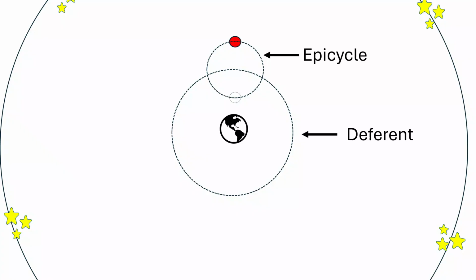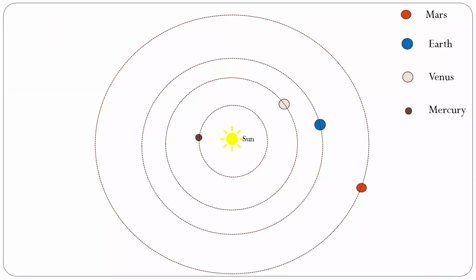Ptolemy represented the motion of each planet with an epicycle and a deferent. He was able to calculate how big each planet's epicycle was compared to its deferent, but not how the size of each planet's deferent compared to the others. Copernicus reasoned that for the planets outside the Earth's orbit, the deferents were just showing the motion of the planets around the Sun. The epicycles, which bring the planet closer to us and farther away, are really just accounting for the orbit of the Earth, bringing us closer to then farther away from the planet.